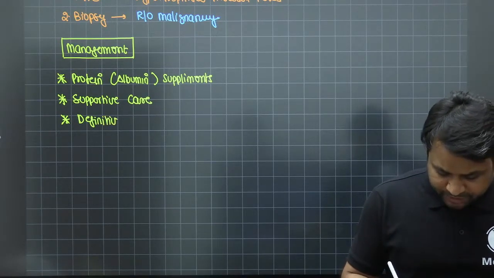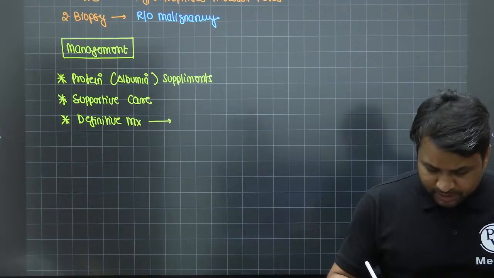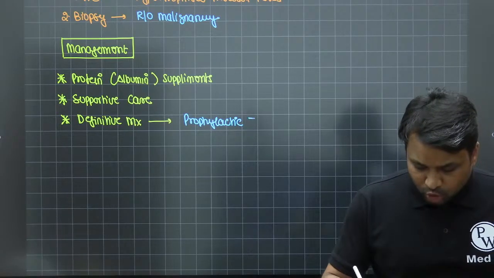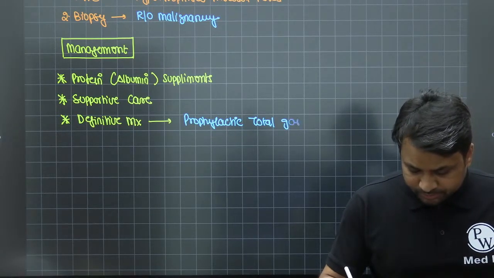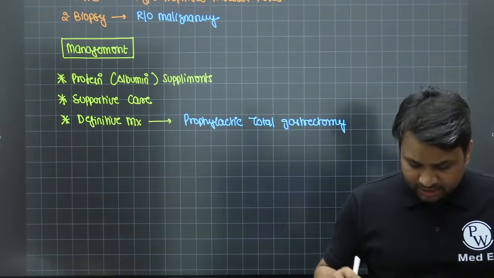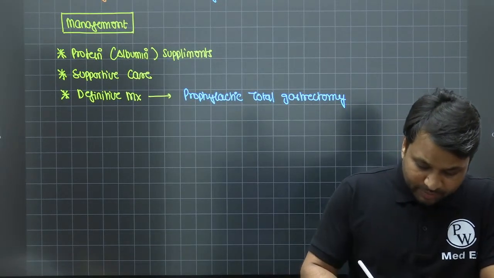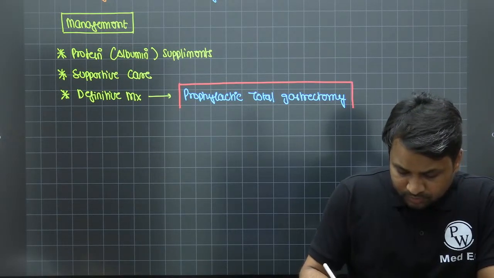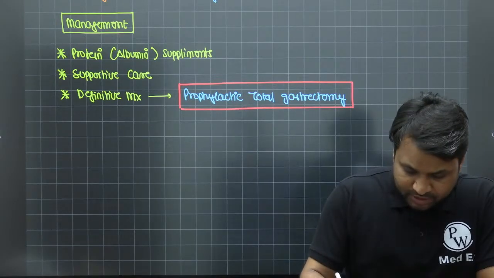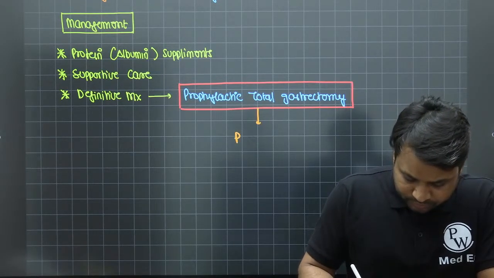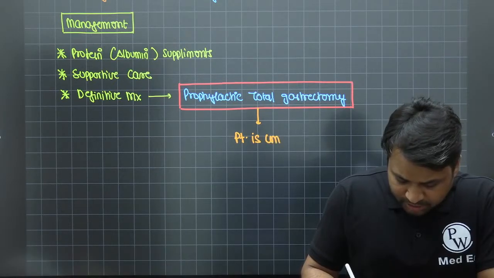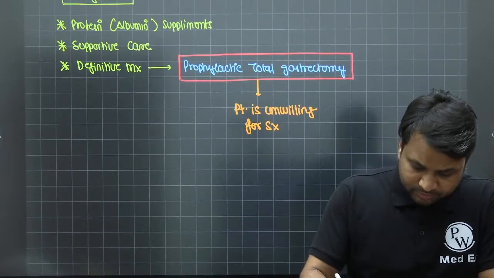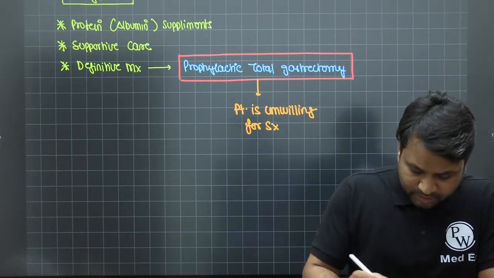But if they ask you what is a definitive management, what is your definitive management? Now for the definitive management, it is going to be a prophylactic total gastrectomy. Now, if the patient is unwilling for this, if the patient is unwilling for surgery, in that context, then you have to go with